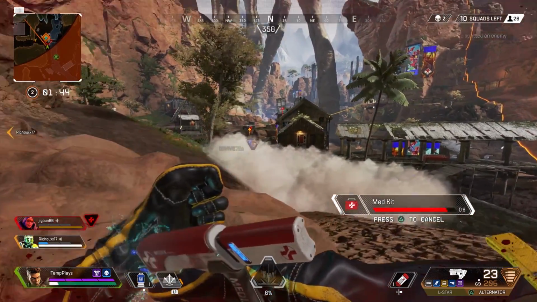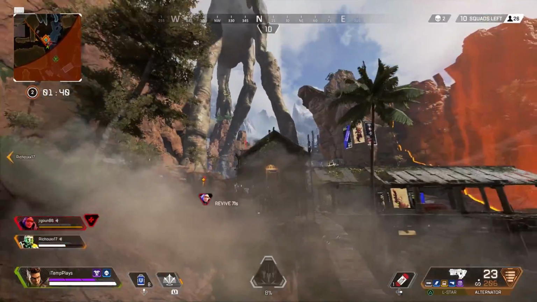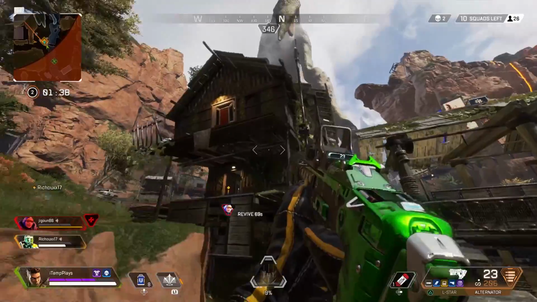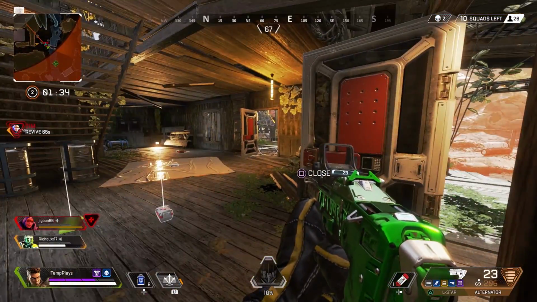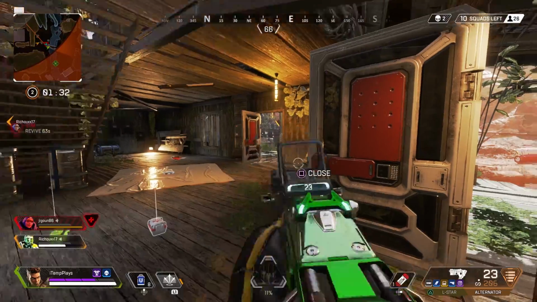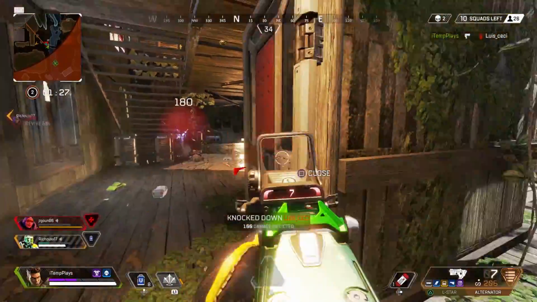Now, the gameplay that I've got for you today, I use the Alternator for the majority of it. I end up dropping it for a Mastiff right at the end of the game because I didn't find the Disruptor Rounds, which is the hop-up attachment that you need for the Alternator to turn it into a god-tier weapon. Unfortunately, when I was watching the gameplay back, it turns out that I did actually find the hop-up attachment, but